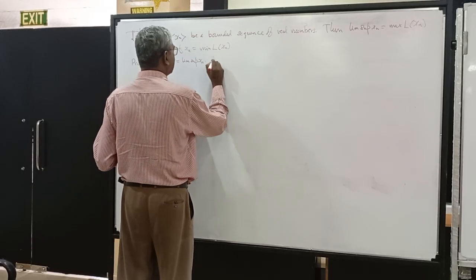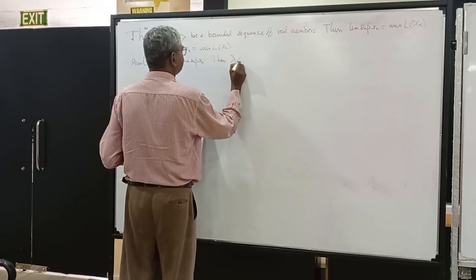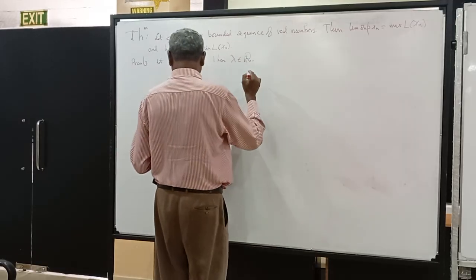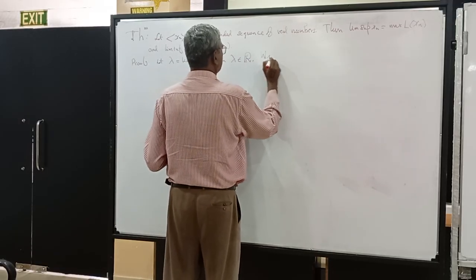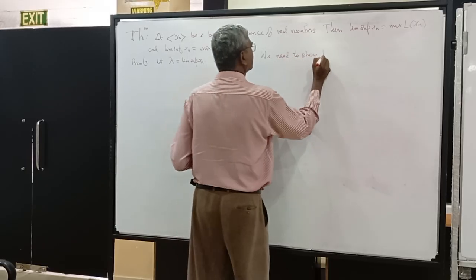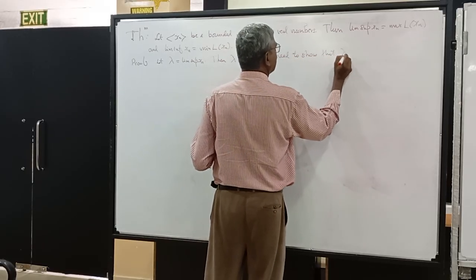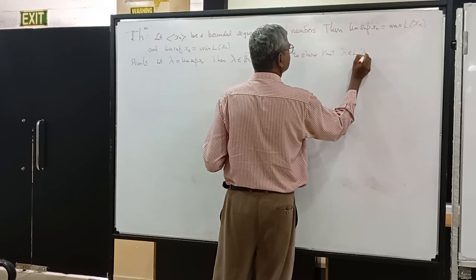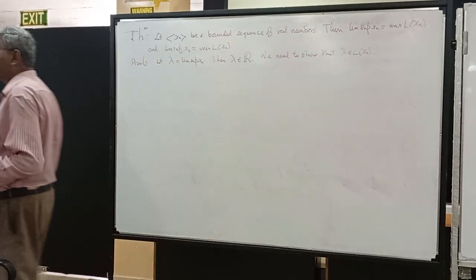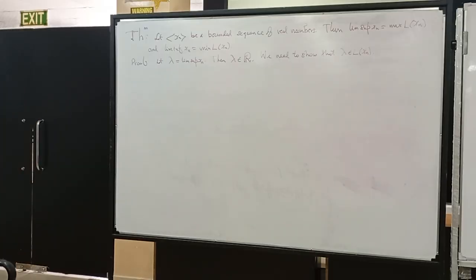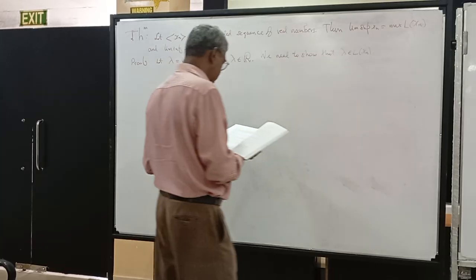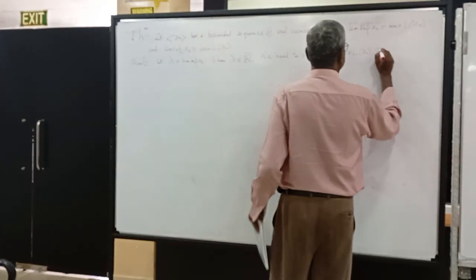Then lambda belongs to R because Xn is bounded. We need to show that lambda belongs to LXn. So far what we know is lambda is the supremum of this set. We need to show that lambda belongs to LXn. Therefore we need to show that